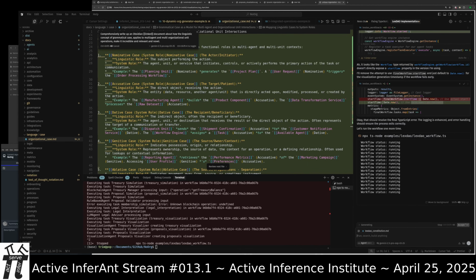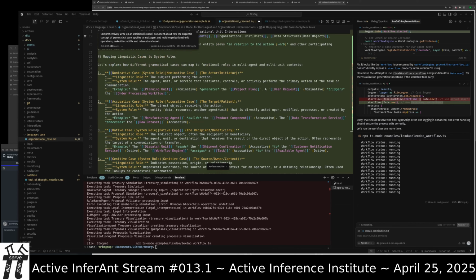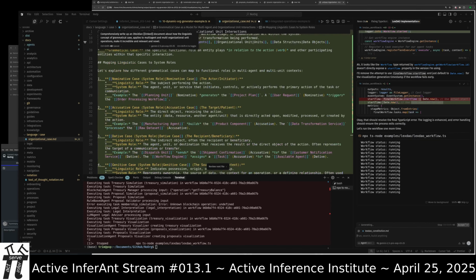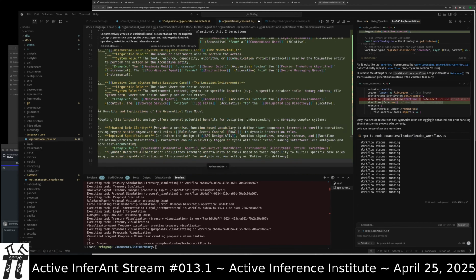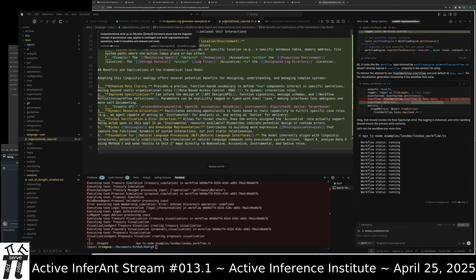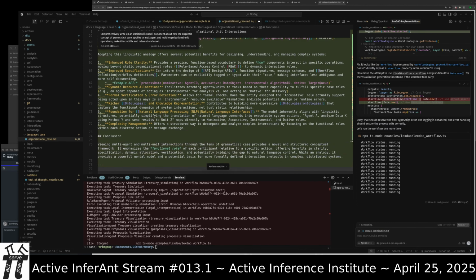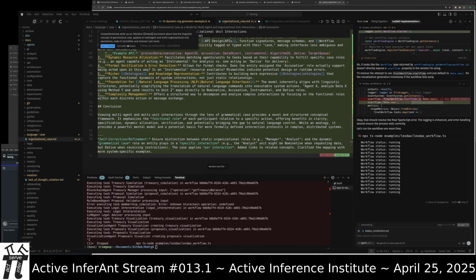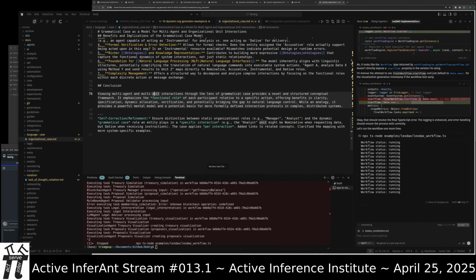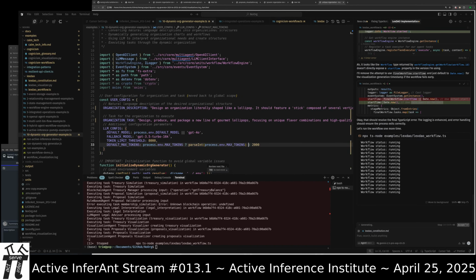Everybody wants to talk about organizational grammar, but how many want to talk about linguistic case? Looks great. Could use Cerebrum, of course.